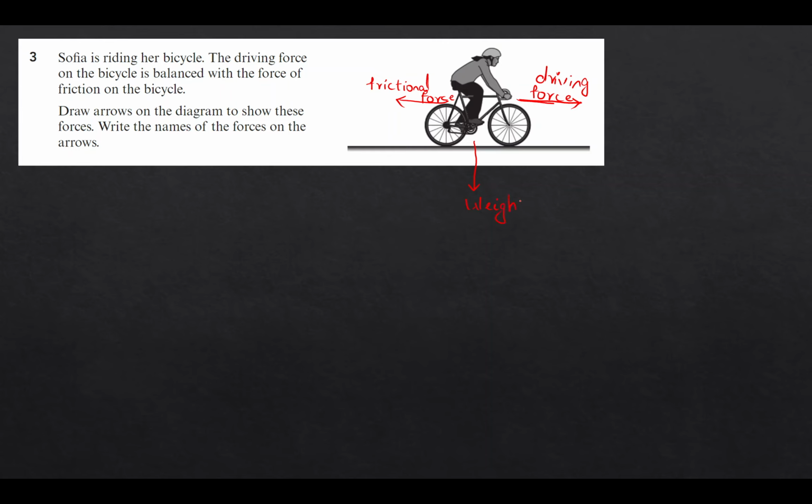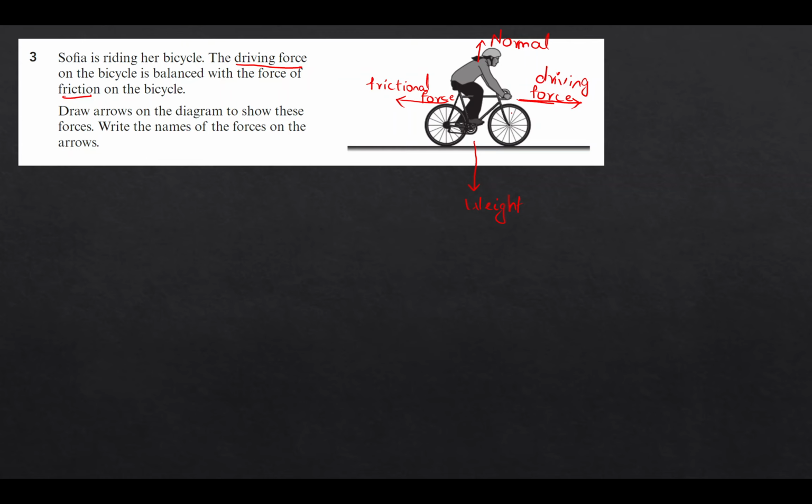Then we have one more force, which is the normal force which acts upwards. But we don't have to mention these because they have only asked us to write about the driving force and the frictional force. So we don't have to mention these two forces, but we have to mention in which direction is the driving force and in which direction there is a